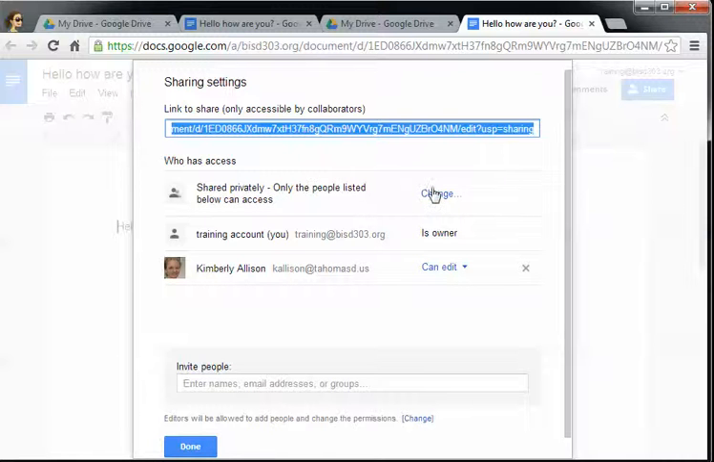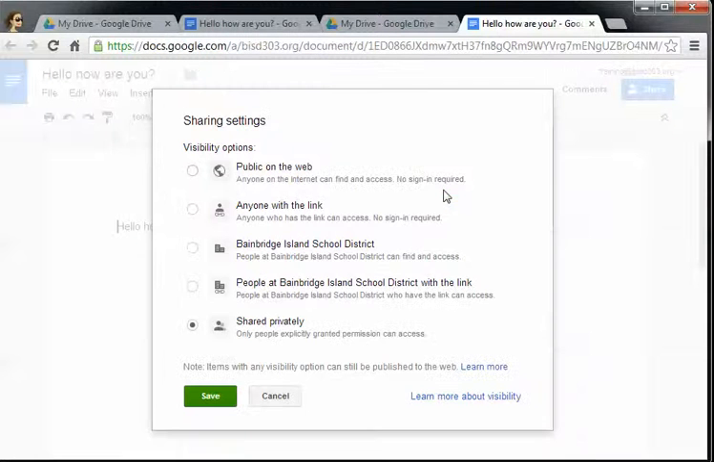Everything's private by default, but I can change that. And there are going to be times when you might want to. The important thing is to think about it before you do it. So when I click change, what pops up are the different visibility settings. Again, the default is always going to be private, but I can decide that I want to make a document